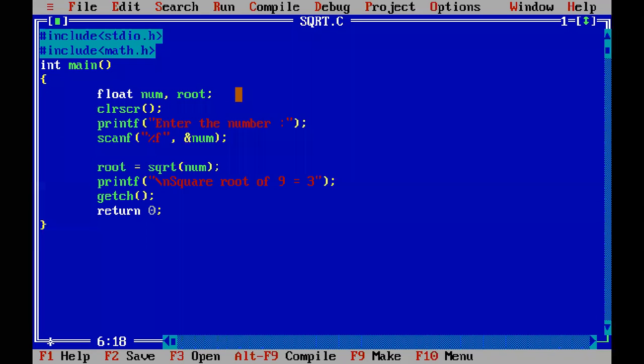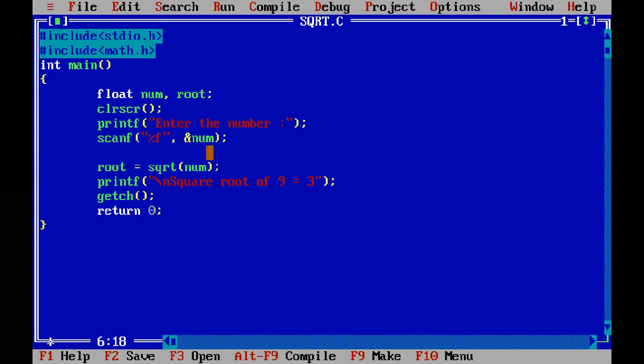I explained the purpose of clear screen, that it is used to clear the output screen. Every time you run your program, your monitor output screen must be clear. Your former programs' results must not be there. The screen must be clear. For that purpose we make use of clear screen, otherwise a lot of confusion is created and it becomes problematic to read the current output of the program. So we first clear the screen and then go for the next program output. This is also a built-in function.